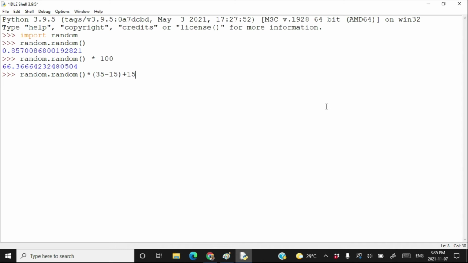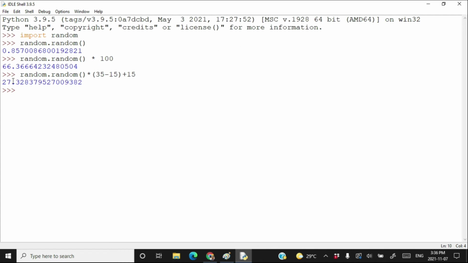So if random.random generates 0, then adding 15 will take you to 15. If random.random generates 1, then 20 plus 15 will take you to 35. So here we are going from 15 to 35. So a random number will be generated between 15 and 35. Press enter and here we got one.